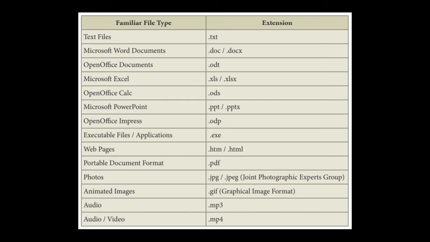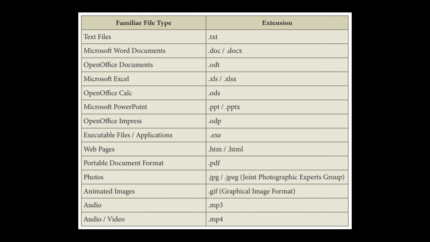For Microsoft PowerPoint, we all know .ppt or .pptx, right? In OpenOffice, instead of PowerPoint, we'll be learning about Impress, okay? The extension for OpenOffice Impress is .odp, okay? And for applications and all, it will be saved as .exe. Why is it .exe? It is an executable file, right? So they have given the extension as .exe, okay?